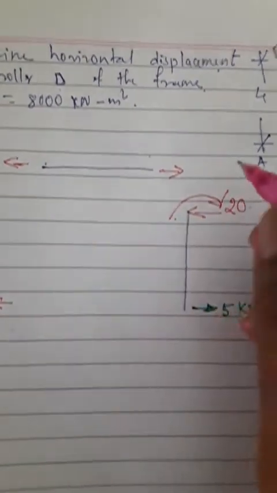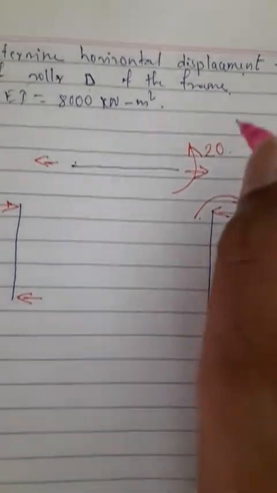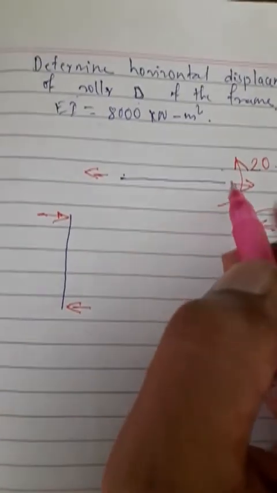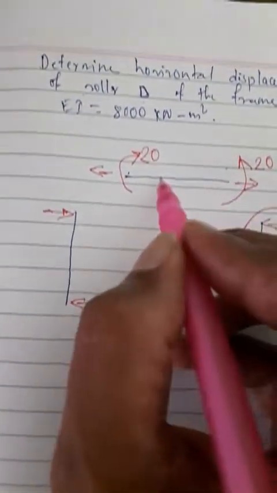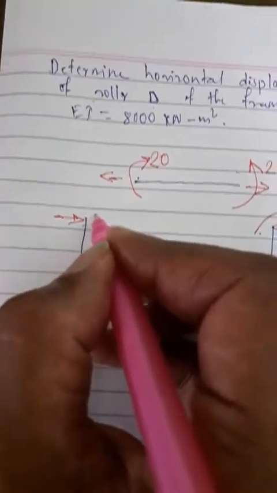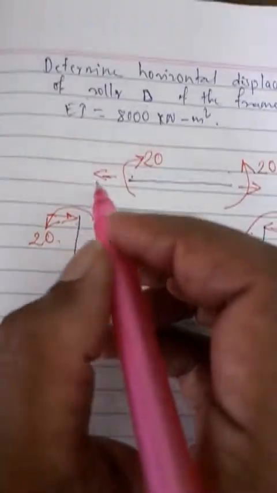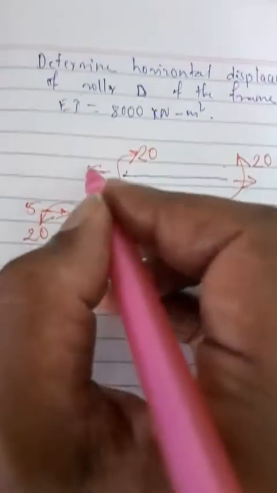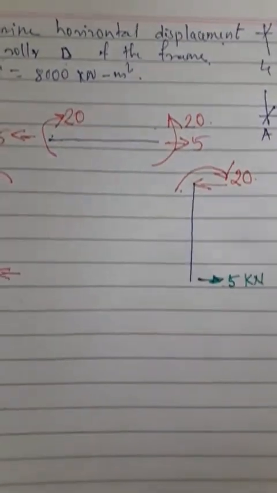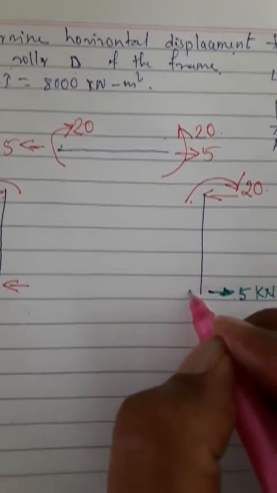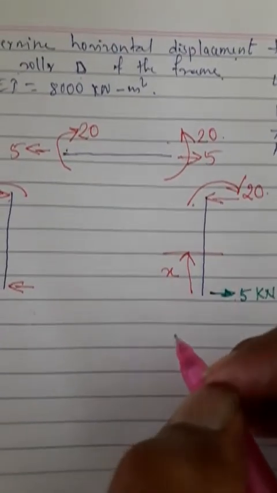At this joint, to balance this, another load is acting here, 20. Now to keep this joint in equilibrium, opposite of 20, 20. So here this load is 5, 5, 5 and 5. Now let me take the sections. For this I start from this end, go till here. Let this be section MX.